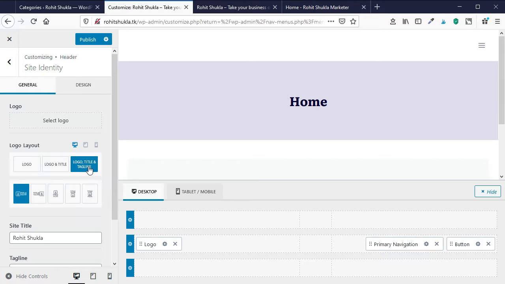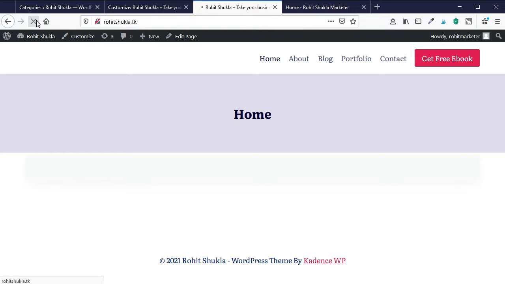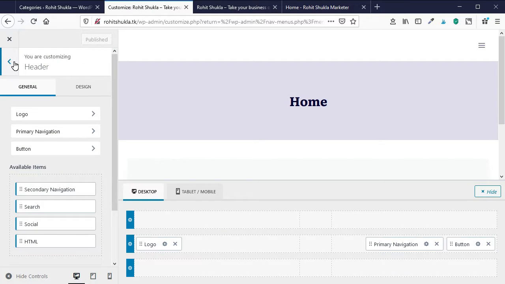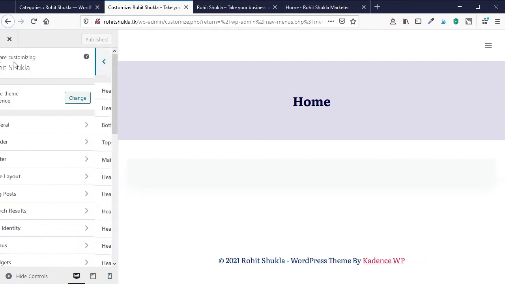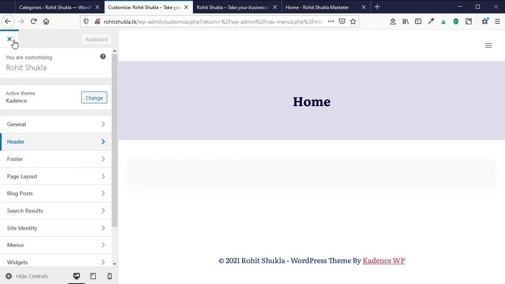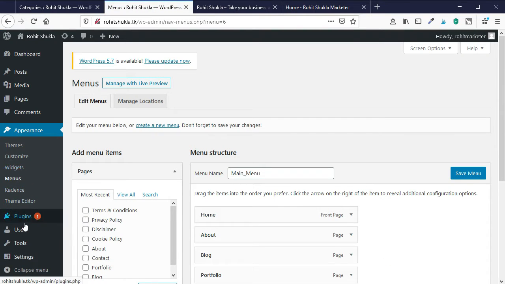These settings are according to your choice. Click on publish and check whether it is visible or not. Right now it is visible, so it is good. So the header part is complete. Now we will go to the next part of the page.